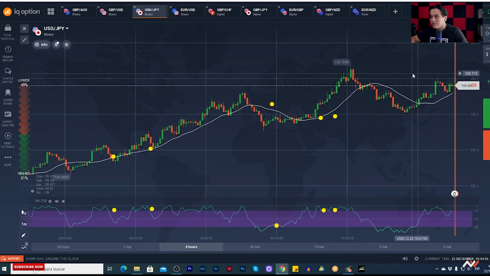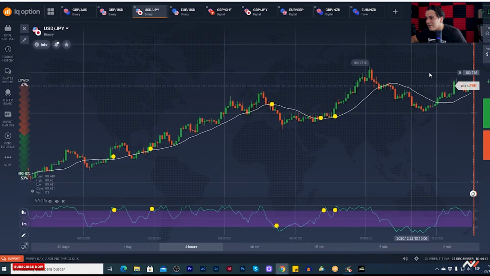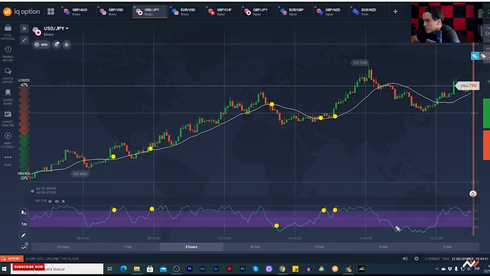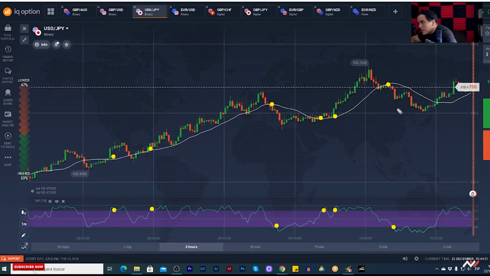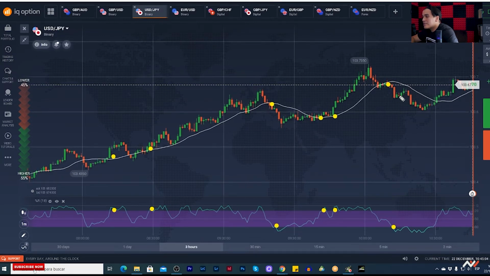Oh, I lost the signal. So we have here, right? We have another signal right here, and it crosses here, and I think it is this one right here. So we enter, and the next candle was in the money because we entered here. For example, enter here in this candle. So 1 minute, 2 minutes, 3 minutes, 4 minutes in the money,